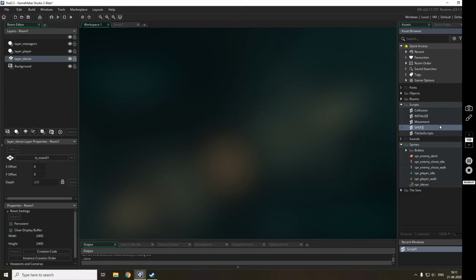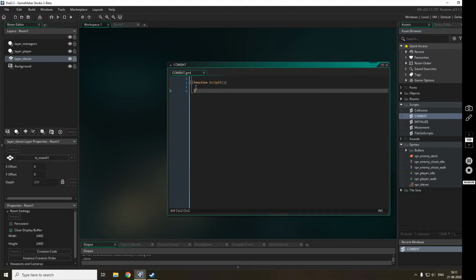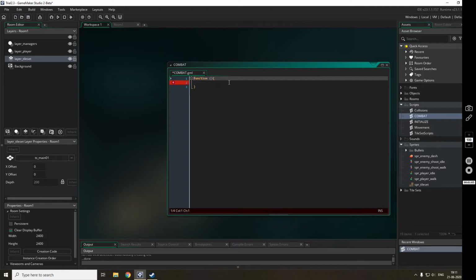So I will just call it combat. I'll create a script named combat. And as I told you in the previous videos, you don't have to name the script anything related to what you're doing, but for your convenience, if I'm naming it combat, I'll be putting several scripts related to combat in it. So the first function that I'll create, which I'll be calling from anywhere to do something,